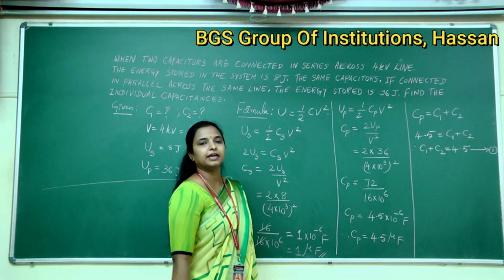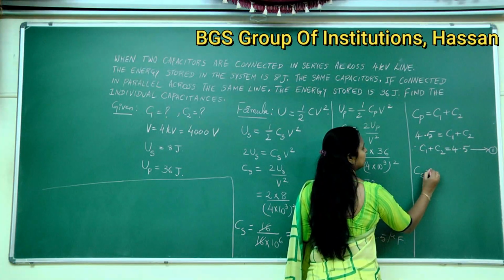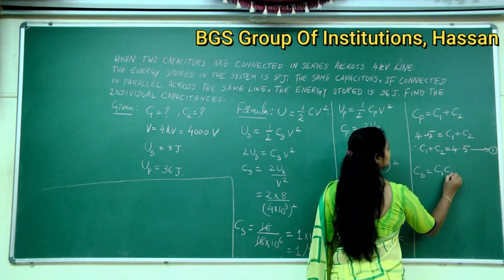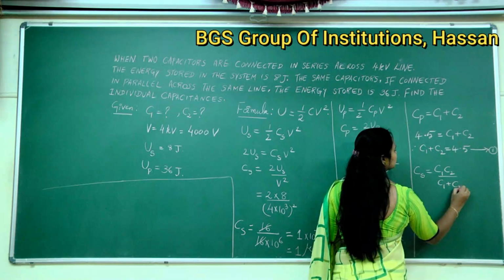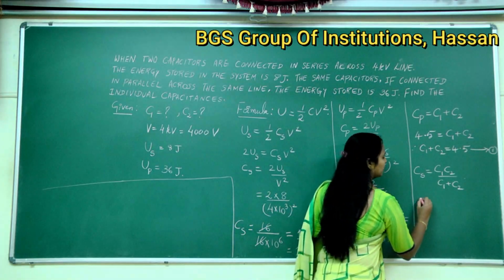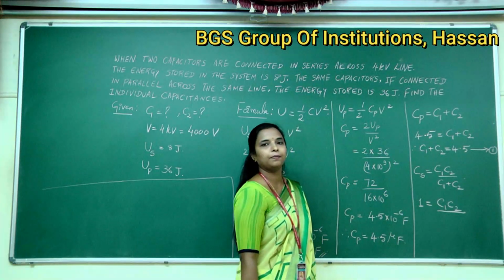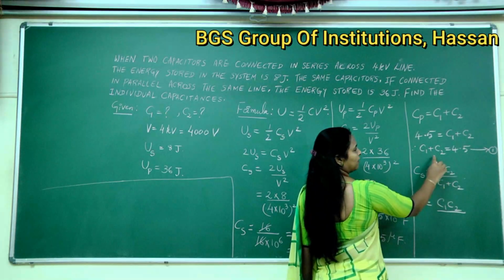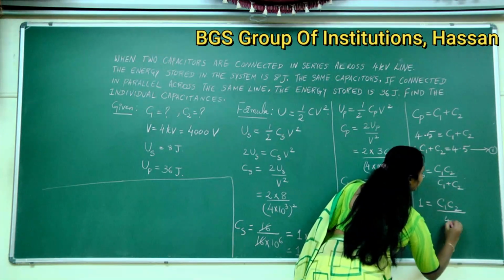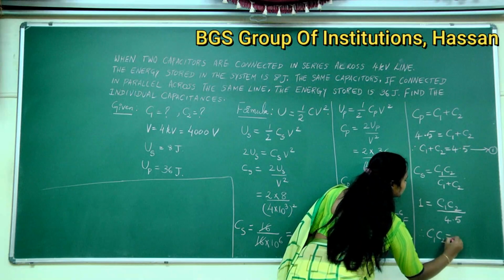Now consider the expression for effective capacitances when the capacitances are connected in series. And what is the formula? Cs is equal to C1 C2 by C1 plus C2. Here we have the value for Cs, that is 1. C1 C2 we don't know the value, divided by C1 plus C2. What is the value of C1 plus C2? According to equation 1, it is 4.5. Therefore, we got C1 C2 is equal to